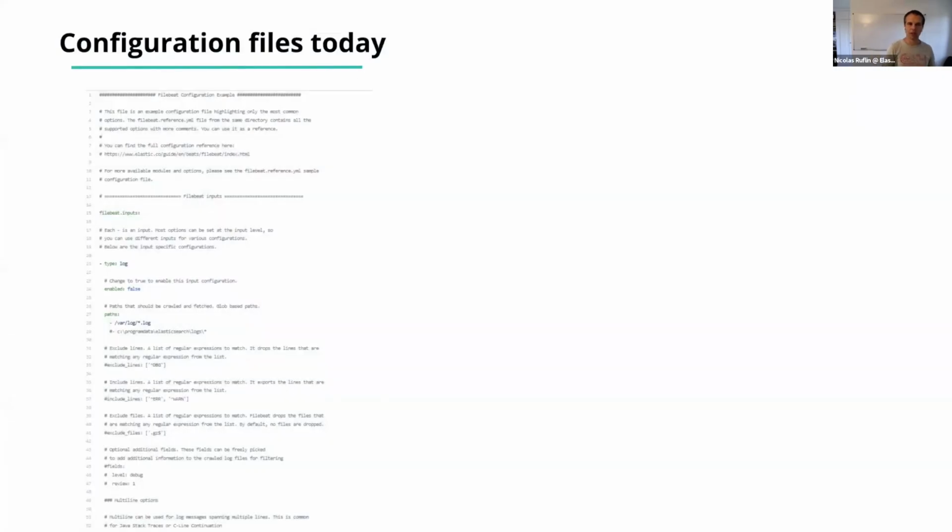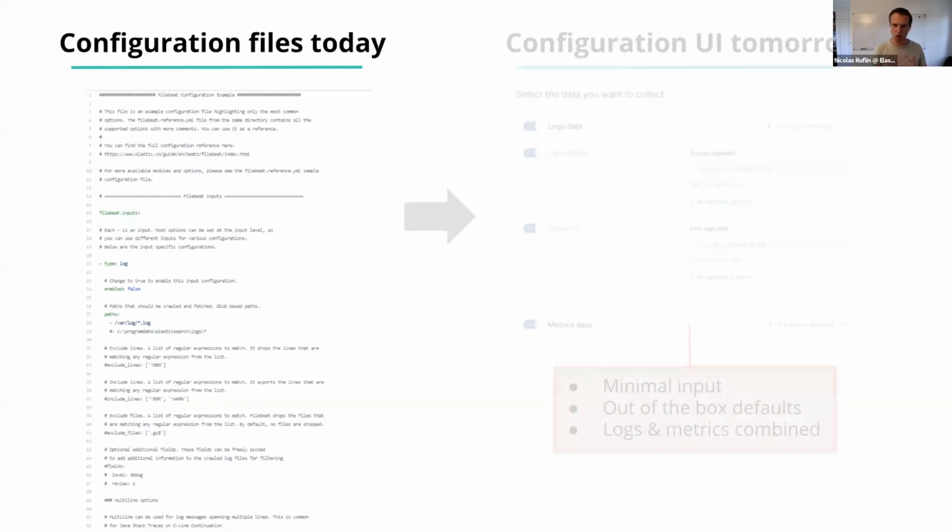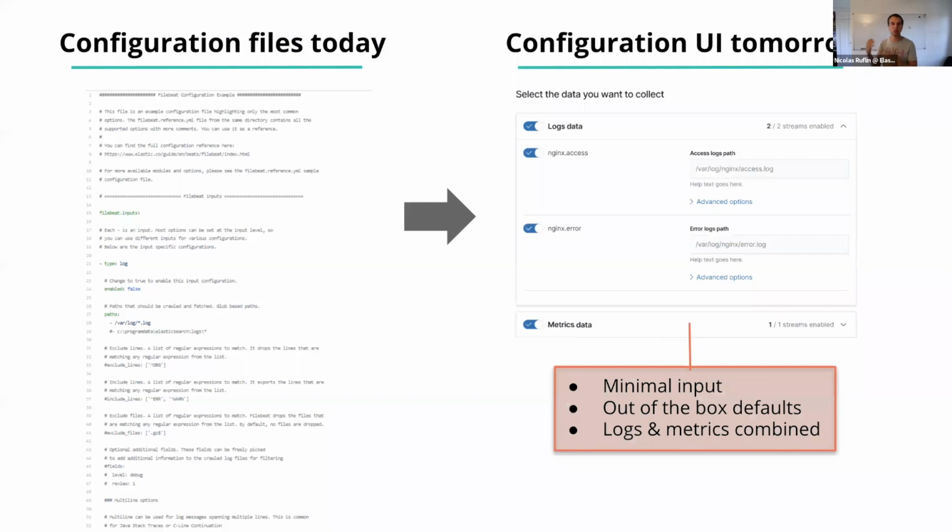A config today for Filebeat looks like on the left side. What we built is actually a UI on top of that, not on top of the Filebeat config, but on the agent config. So you're going to have two options. You can configure by YAML, or you're actually going to be able to use a UI in the future to